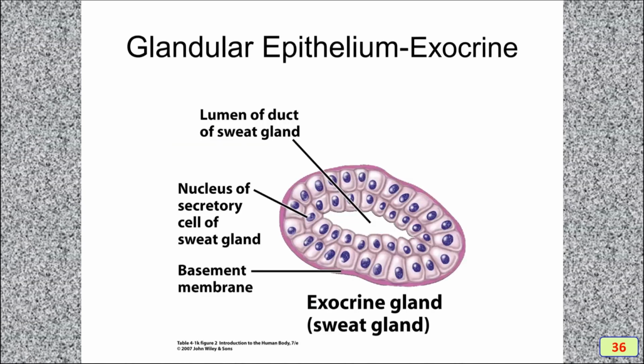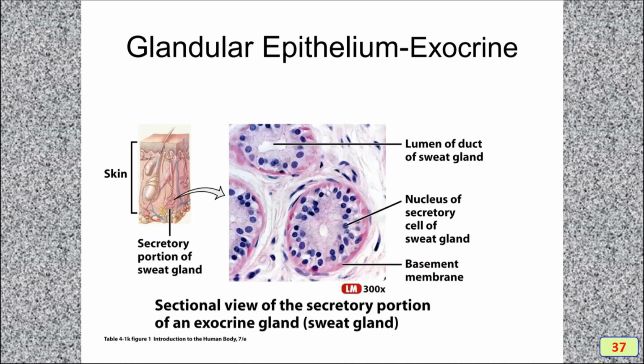similar properties. So this is the glandular epithelial cell, and there is a lumen of the duct of the sweat gland, and also the nucleus of the secretory wall of the sweat gland. The sweat glands all belong to glandular epithelial cells. Here you can see the secretory portion of the sweat gland always contains the lumen of the duct of the sweat gland, and the nucleus of the secretory cell of the sweat gland is diffused throughout the cell, and the basement membrane